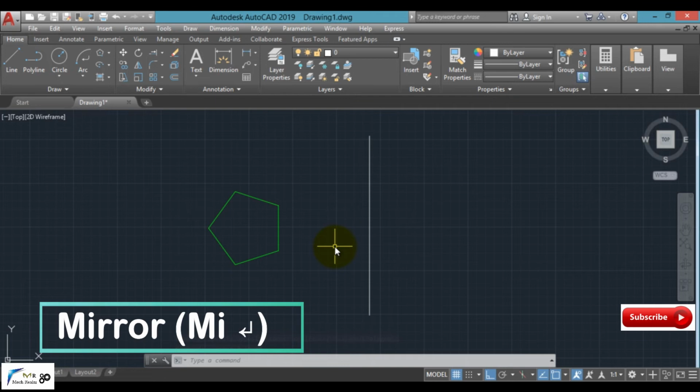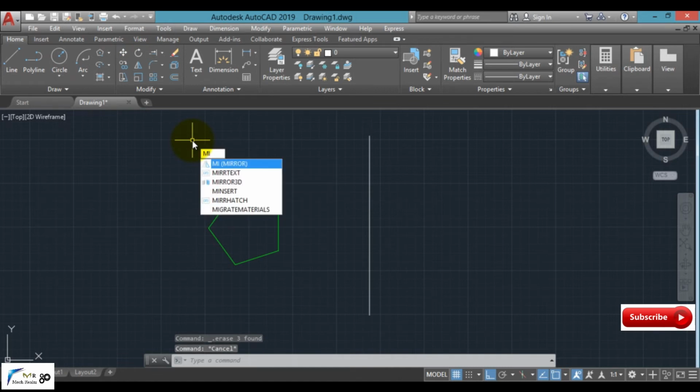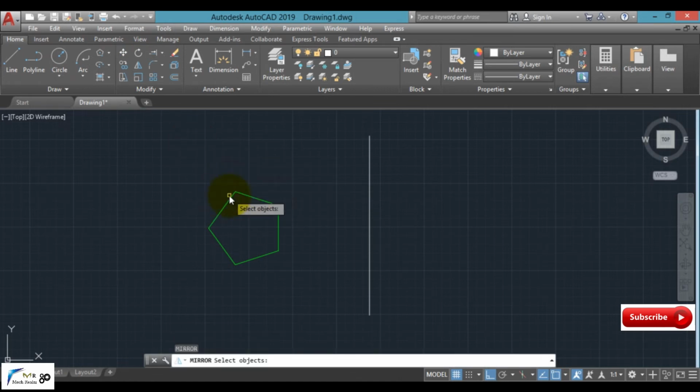Moving to our next command, which is mirror. For the mirror command, we simply require an object which is to be mirrored and a mirror line. Clear? Simply select the mirror option from here or type MI enter as a shortcut for mirror.